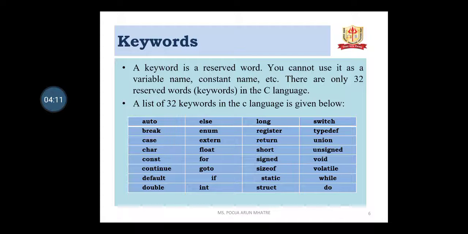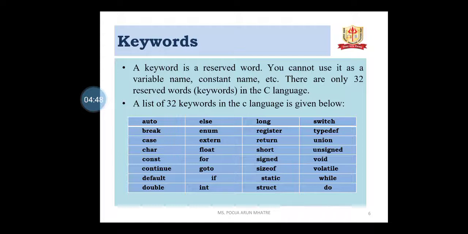As the meaning of the keyword is previously known by the compiler, we can't use it as an identifier, variable name or constant name. All the keywords in C are in lowercase. The C compiler only recognizes these keywords if they are written in lowercase, because C is a case sensitive language. Here is the list of keywords: auto, break, case, char, const, continue, default,